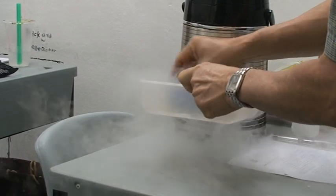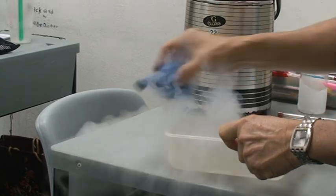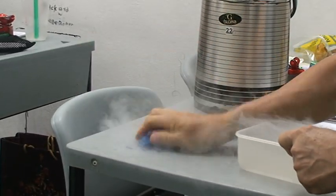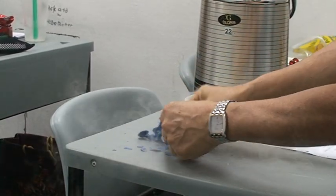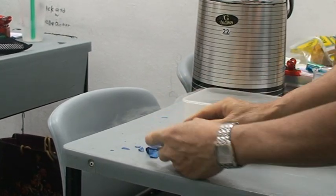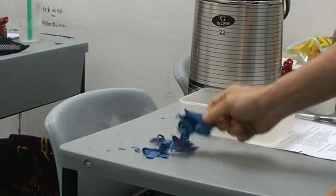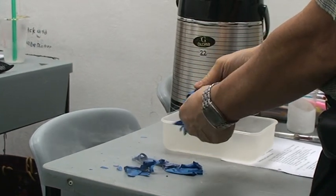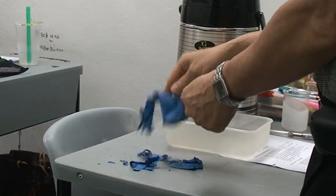Outside will be about 80 or 90%. And now I take this one out and look. It's almost like glass. It goes into pieces, you know. And of course, when it thaws back, it becomes flexible again. You see? It becomes really rigid now. Just now it was really rigid. And I remember